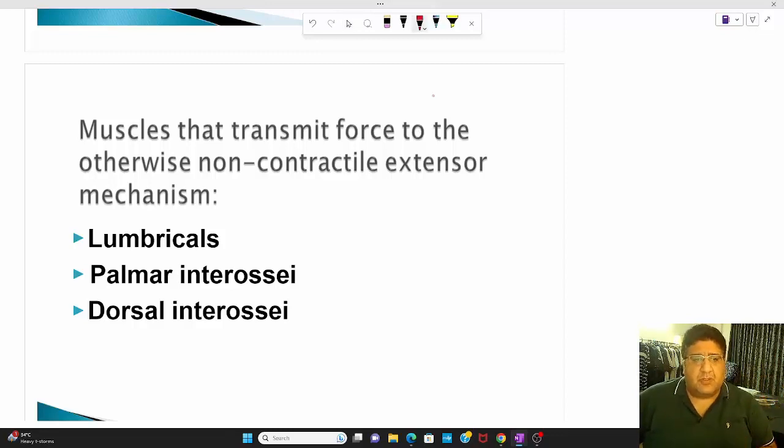Now, how does that work? How does that physiology work? We have to understand. I think you need to understand these three very important muscles, which are, of course, a part of the intrinsic muscles of the hand. One is the lumbrical, one is the palmar interossea, one is the dorsal interossea. We'll talk about them one by one. But why are we talking about them? Extensor tendons have tendon fibers, and tendon fibers as such cannot produce active movement. They can assist, but they cannot do active movement. The tendon does not have enough strength to do active movement. So the tendon has certain attachments, and those attachments give movements, and these are those attachments. Let's talk about the first attachment.